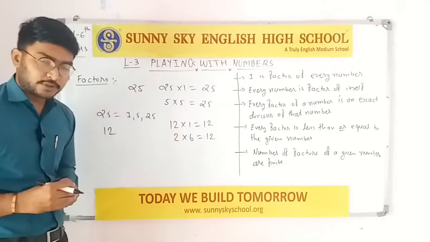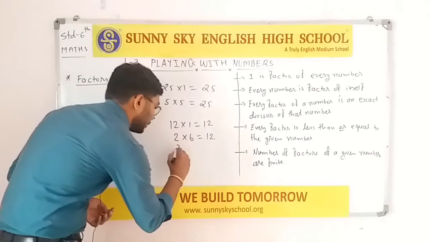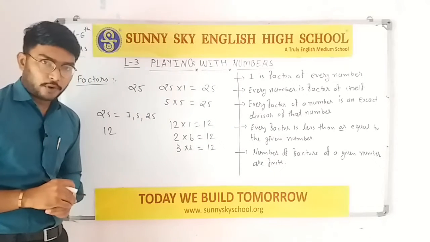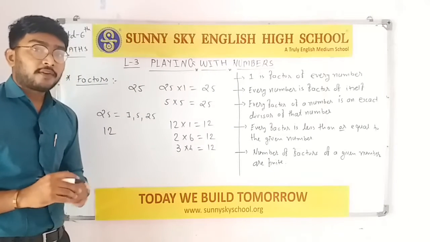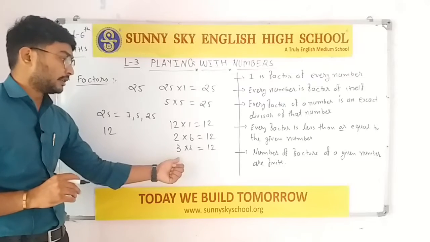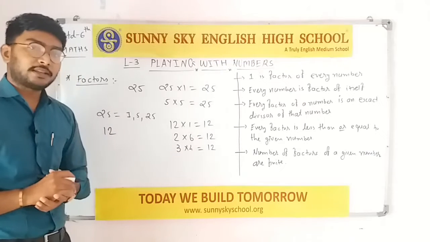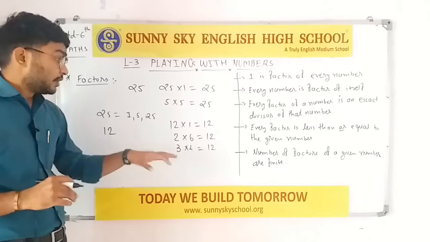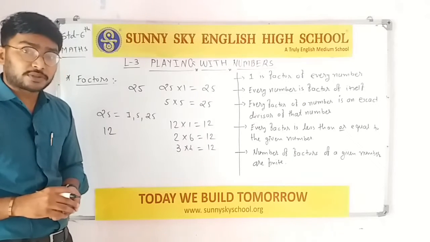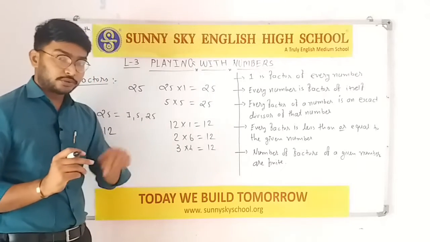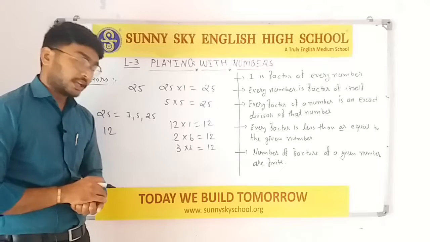Then in the table of 3, possible, yes: 3 fours are 12. In the table of 4, possible, yes. However, 4 threes are 12 is the same thing, since 3 fours or 4 threes are both equal. You could say in the table of 6 it is also possible, 6 twos, but we already have 2 sixes. 2 sixes or 6 twos are both equal.